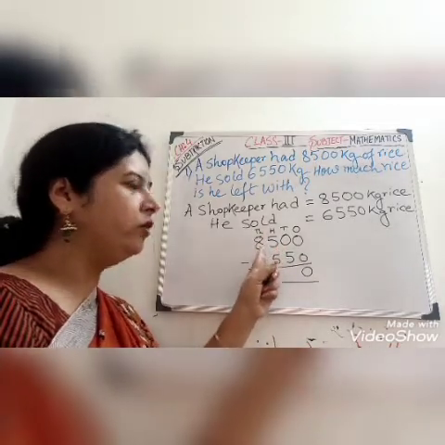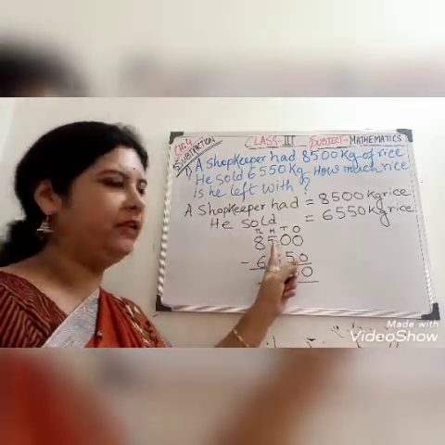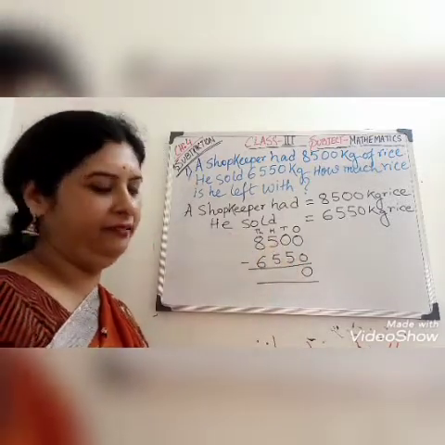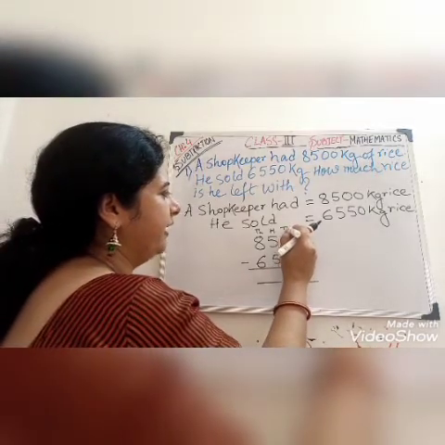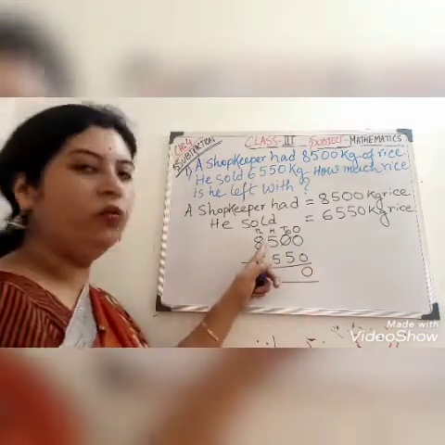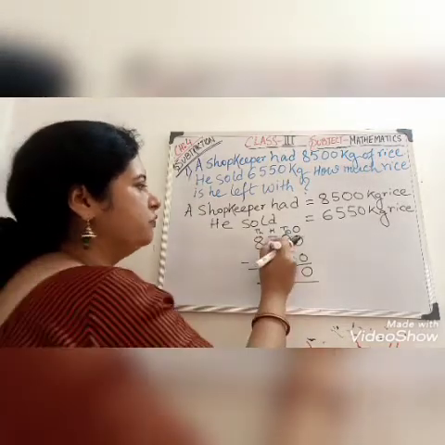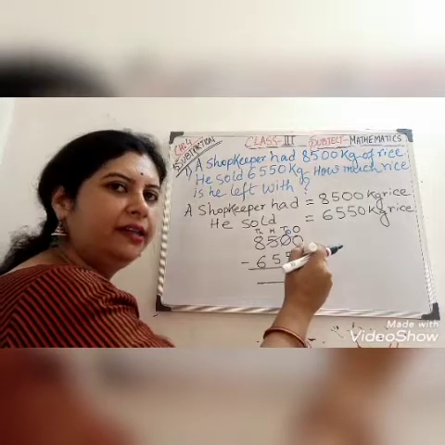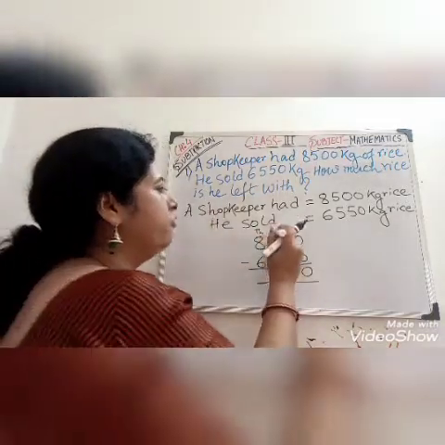So we borrow 1 from this hundreds place and make it 10. So cut the 0 here, make it 10. We borrow 1 from the hundreds place. It means 5, so now 1 is subtracted from this 5. Then from 5, if 1 is subtracted, 4 is left.